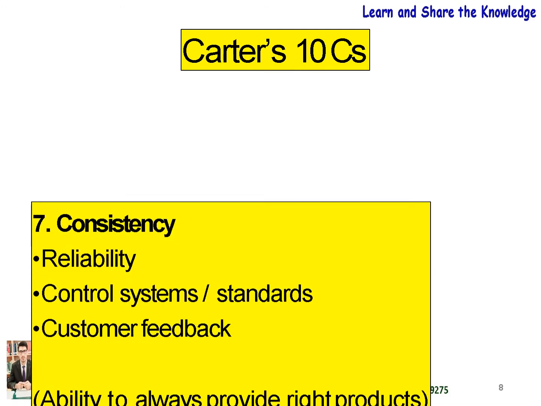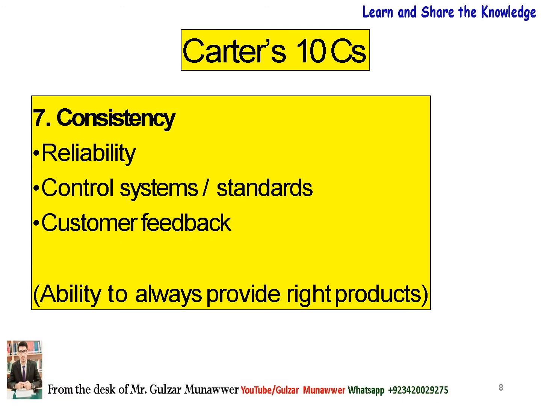The next very important C is the consistency. Imagine a supplier who supplies a very high level of service one day, provides a poor level of service with the next order, and then reverts to the high level of service with the third order. Would you want to use such a supplier? Probably not, because you don't know what to expect with them. In other words, they lack consistency.